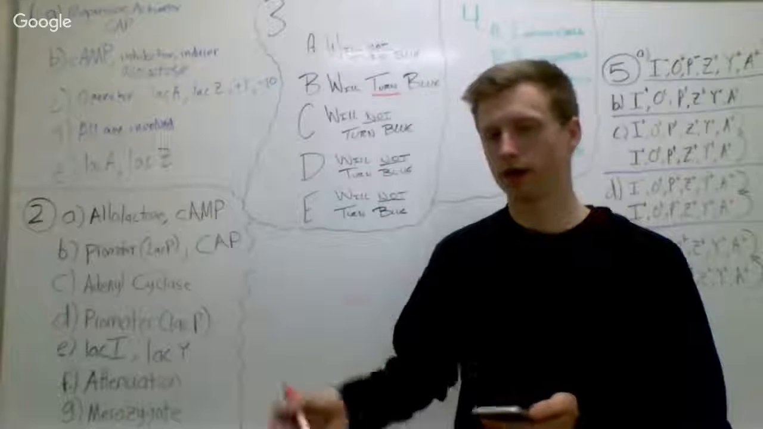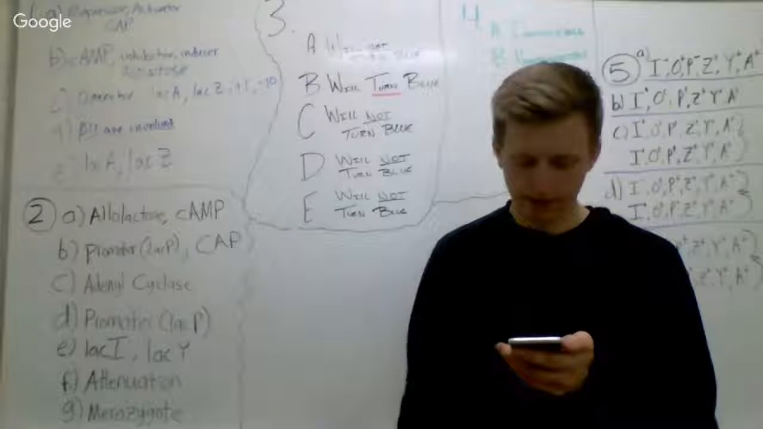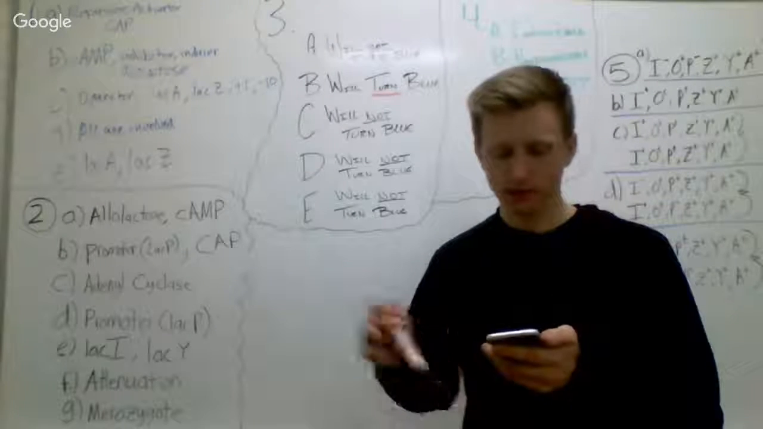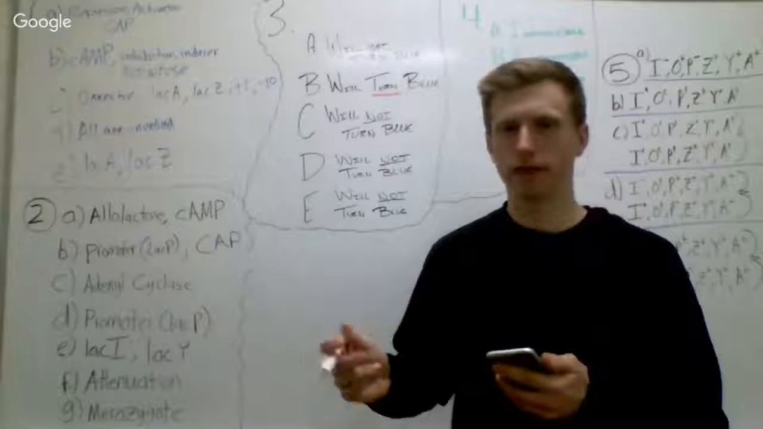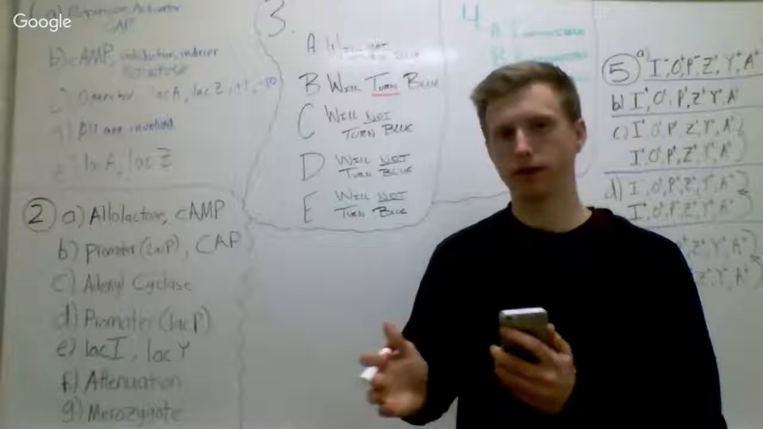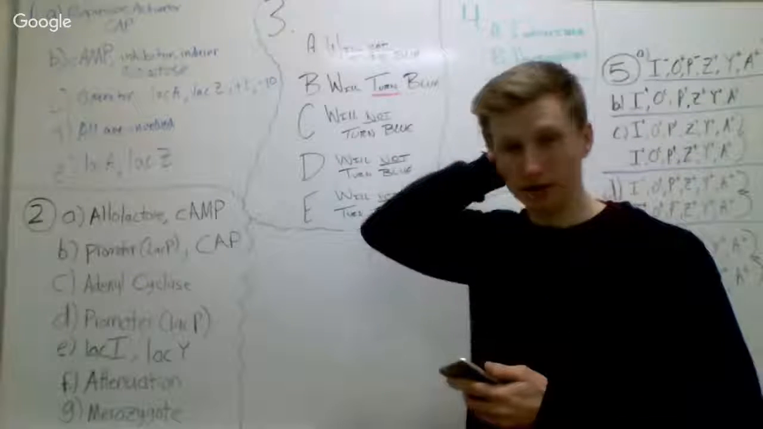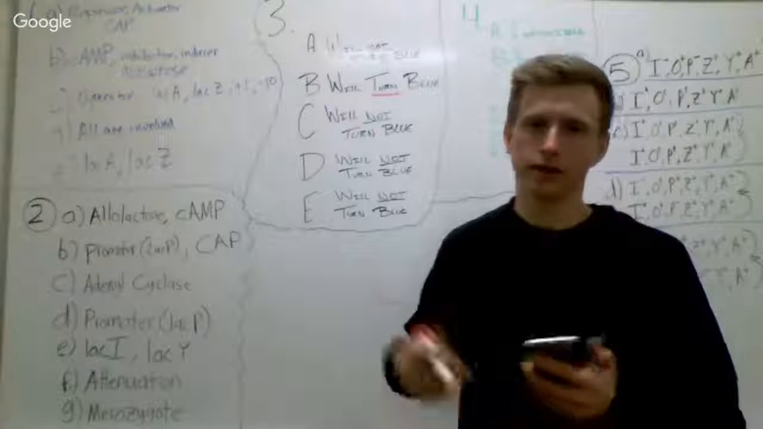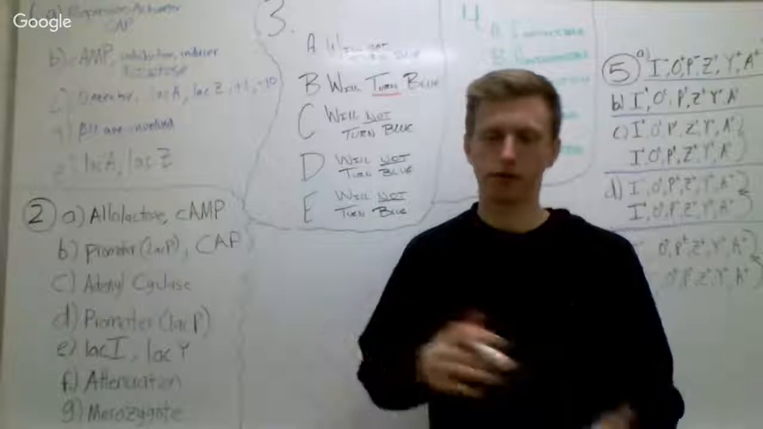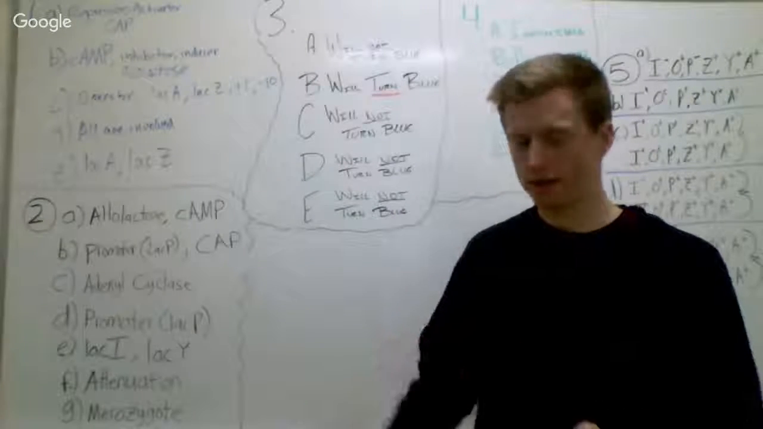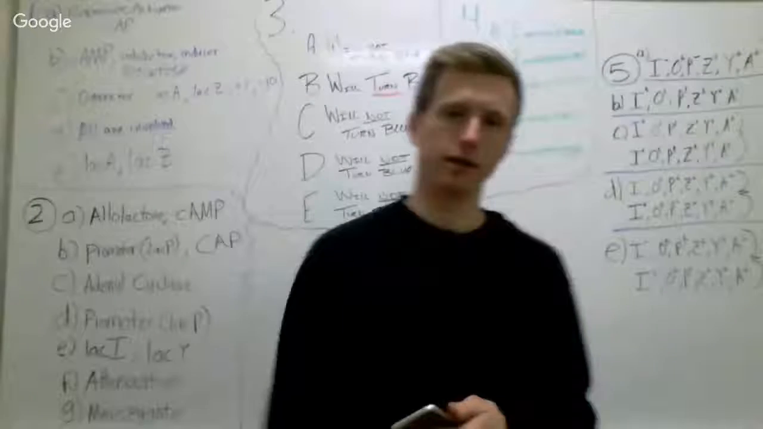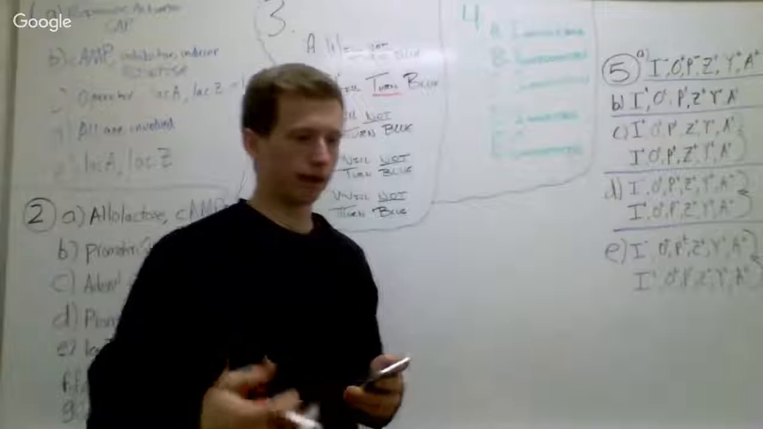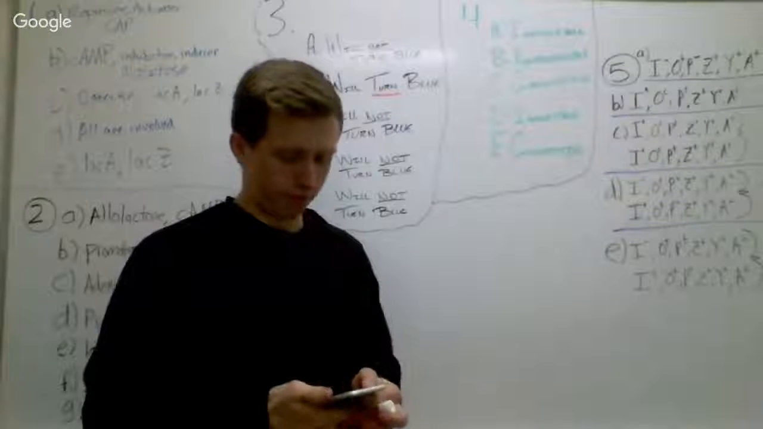E, again, will not turn blue. Kind of the same reason as before. There's glucose present. Specifically, though, it doesn't really make a difference whether X-gal was or was not present in either D or E, because glucose is going to be preferred to prevent the beginning of the transcription of the lac operon. Now for 4,